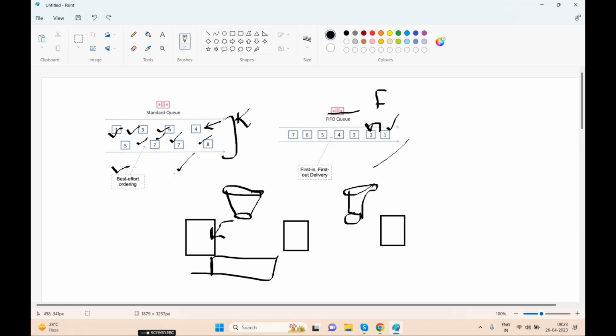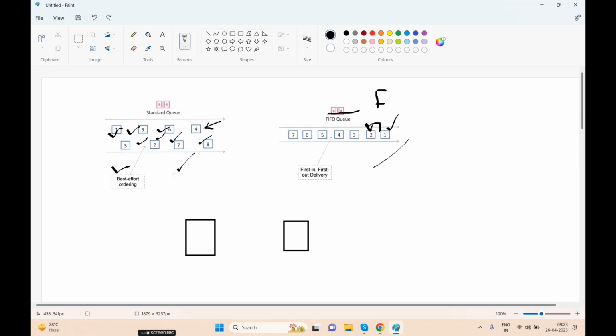Yes. Now we have two or three more terms to discuss under SQS: short polling and long polling. What do you understand by short polling and long polling? Any doubt till now? No. Okay.